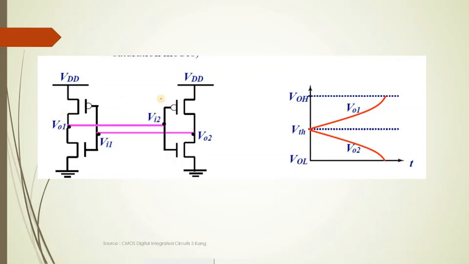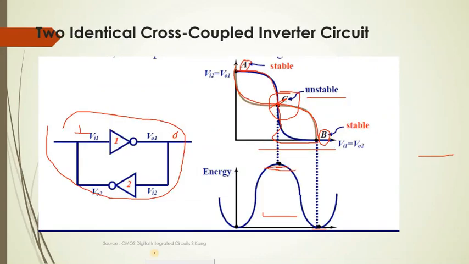So this is a cross-coupled inverter. As already I have discussed, the input of first becomes output of second, and input of second becomes output of first, and so on. So we already know that whenever we are talking about CMOS inverter, there is a point called threshold point. So don't mix this threshold point with the threshold of the PMOS and NMOS. That is different. This is the threshold point of the particular device,